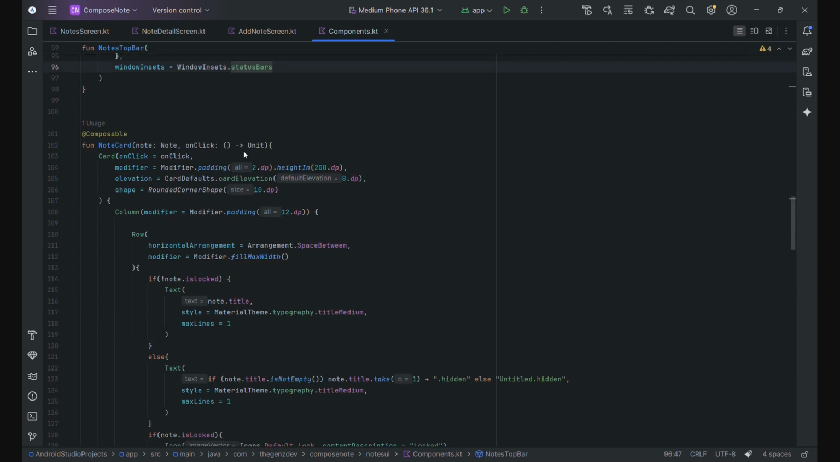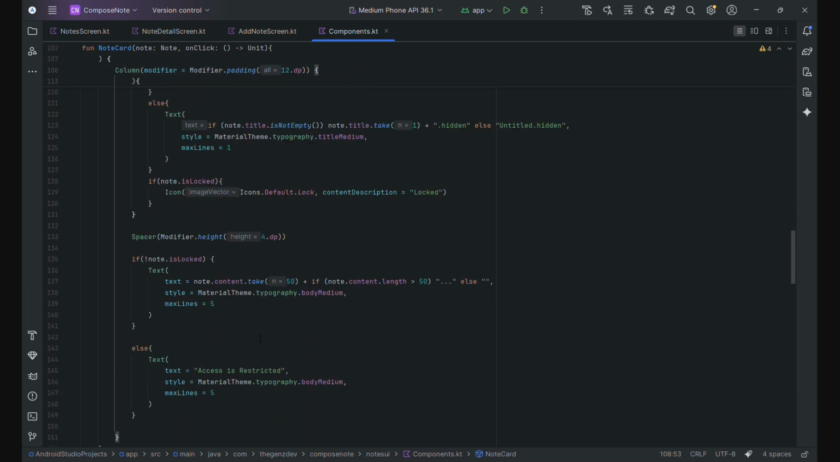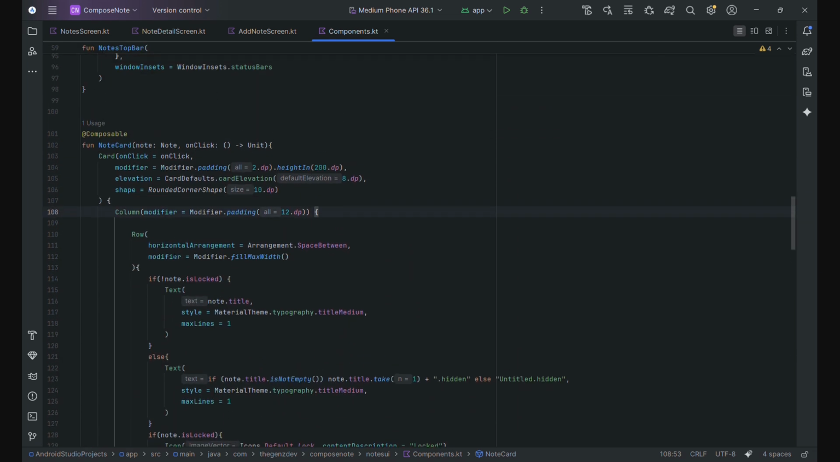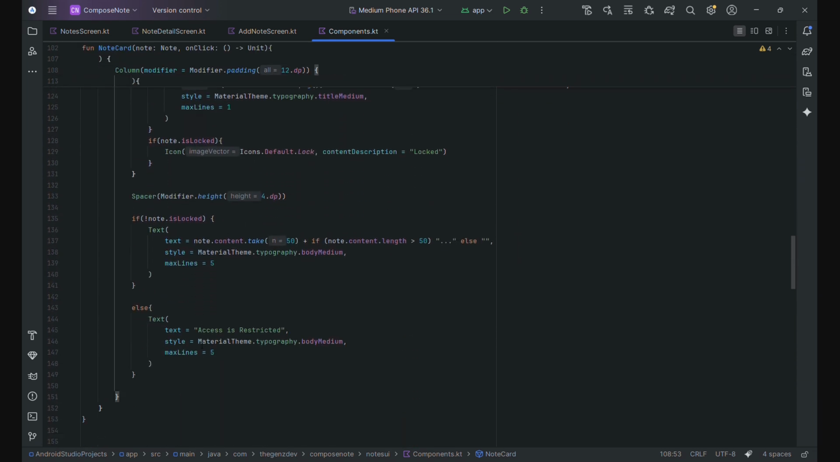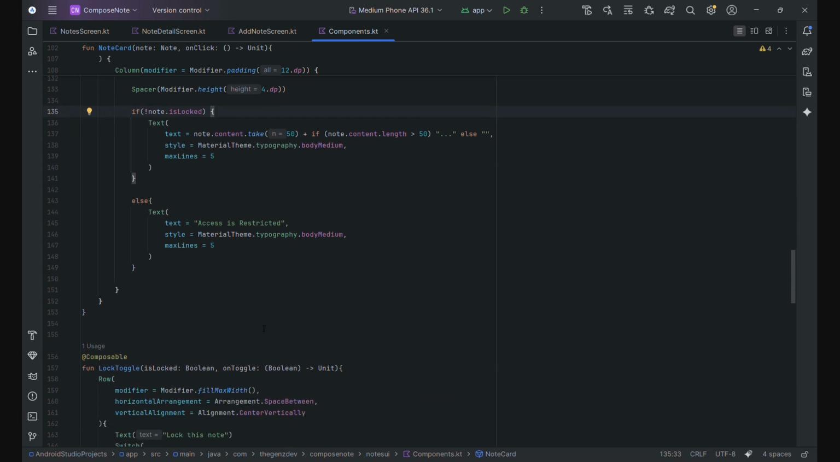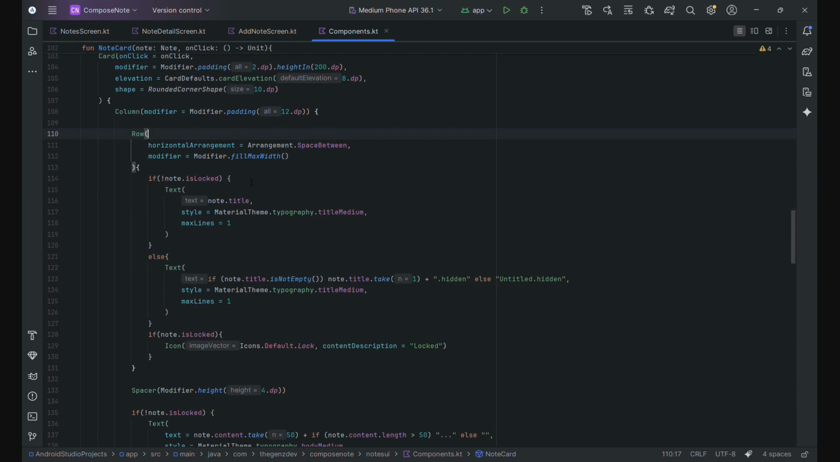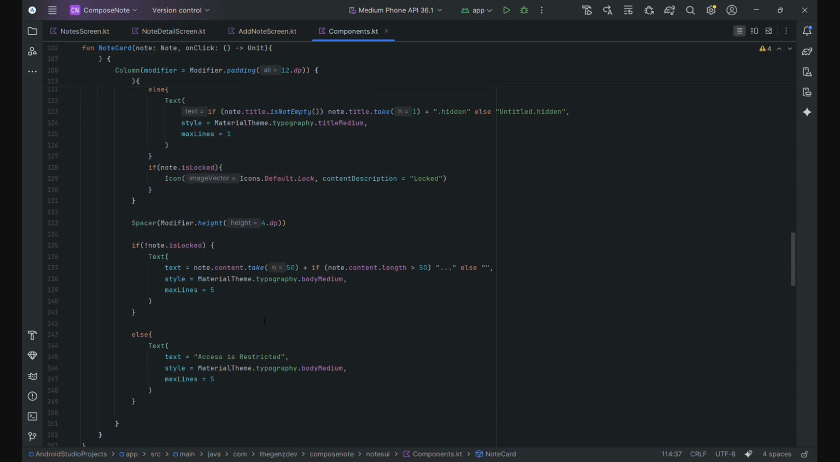Now let's look at the note card. So we define the note card as a column. Inside it we have a row, a spacer, and different configurations for if the note is locked or if it's not. So first we have the row, which shows the title and the icon for the lock, and we have the spacer,